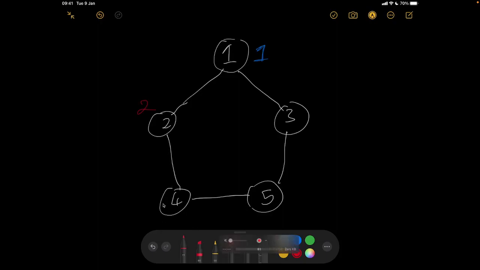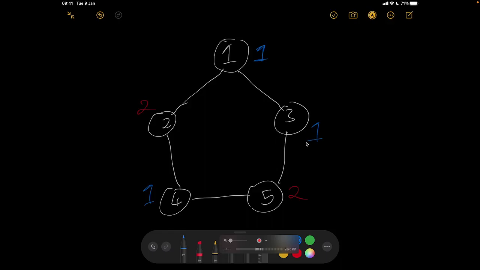Then we come here and give that 1, okay? Then we come to the next node right here. We're going to give that a different group from the previous one. We're going to give it 2. And then we visit the last node, okay, using depth first search. And we're going to give that a group different from the last node. So we're going to give that 1.